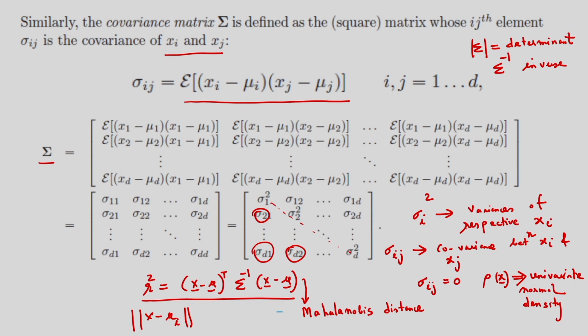So in the case of the multivariate density, if I consider a cluster, suppose I am considering some sample points. So this is a cluster. The center of the cluster is determined by the mean vector, and the shape of the cluster is determined by the covariance matrix. So that is the importance of the mean and the covariance.